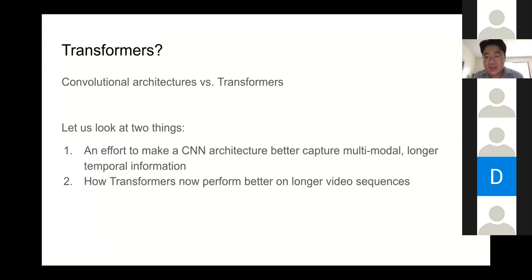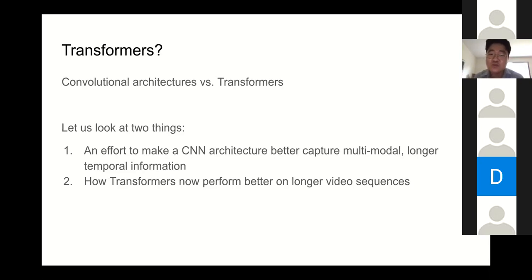Transformers, as many of you are aware, have been quite popular recently for image understanding, and in past couple of months, also on video understanding. So let us now have an opportunity to look at 2 different recent research work of mine. One, an effort to make a CNN architecture better so that it captures multimodal, longer temporal information.